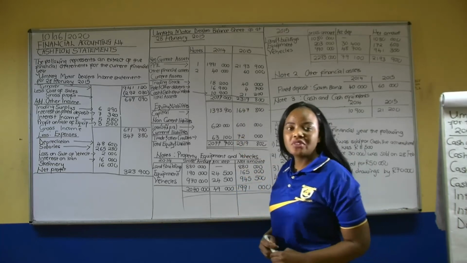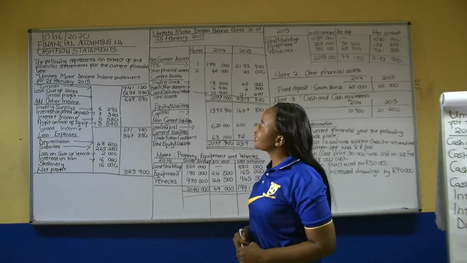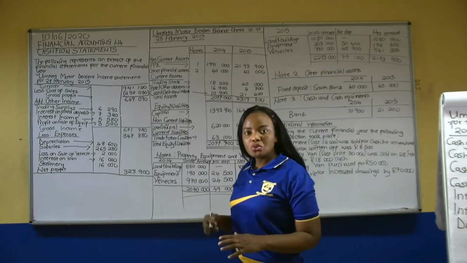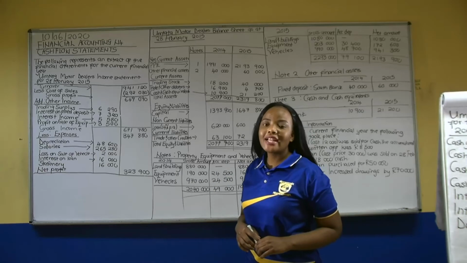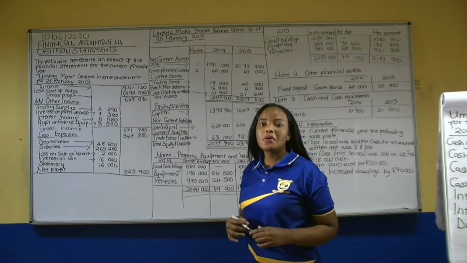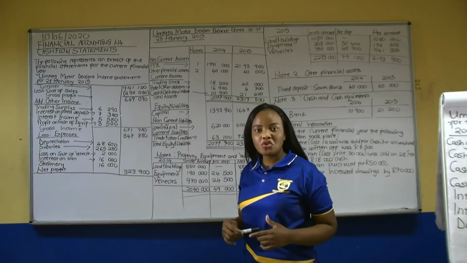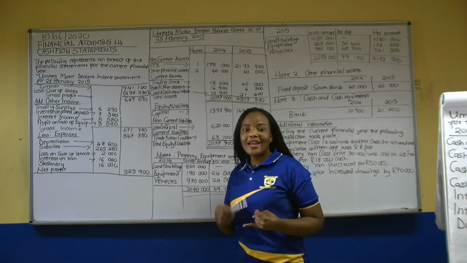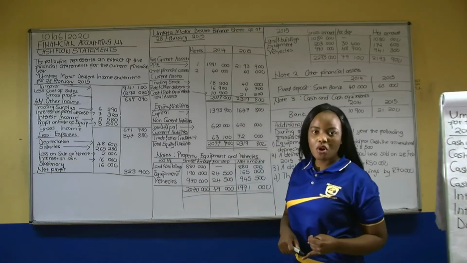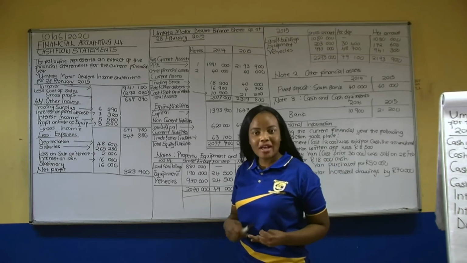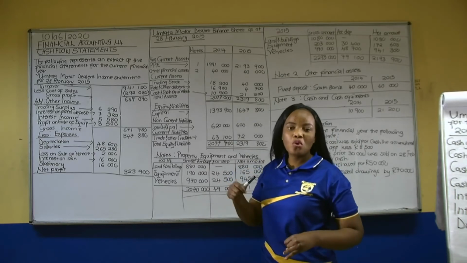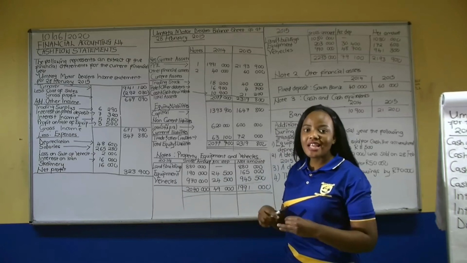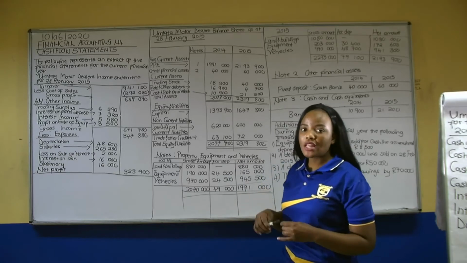And basically today we are going to look at a topic called cash flow statement. Last time, in our previous lecture, we did notes in the preparation of a cash flow statement, where we managed to calculate cash received from debtors and cash paid to our suppliers. Hoping that we have got those two figures, because we are going to use them as we proceed with our